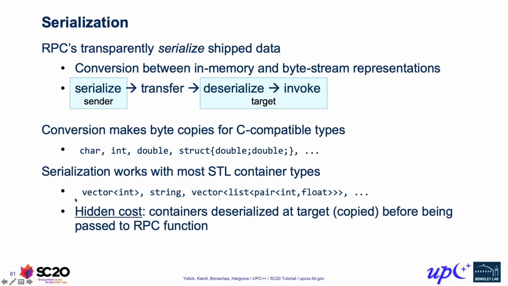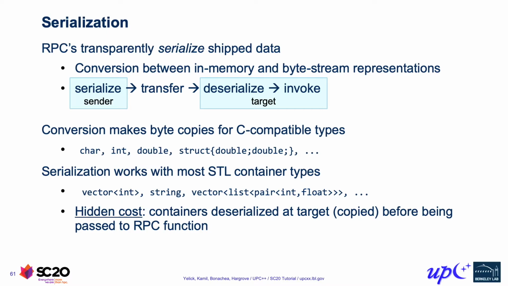For common STL types, we actually provide serialization built in, so things like vector, string, list, as well as nestings of these. And we also provide a mechanism for users to specify how serialization should work on their own containers. And the user has a choice of either doing a byte transfer or specifying that a certain set of fields should be transferred, or specifying that a certain set of values should be transferred and a constructor invoked on the remote end, or even full-fledged custom serialization and deserialization routines.